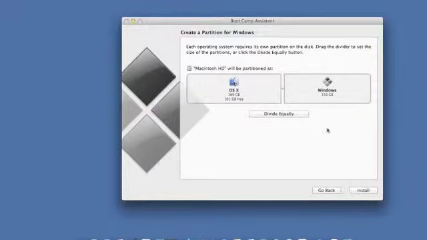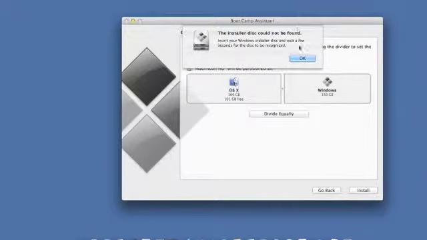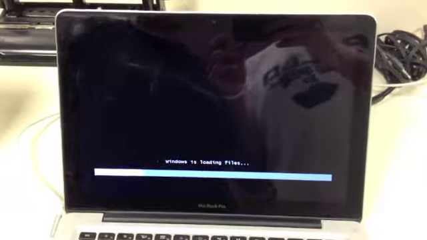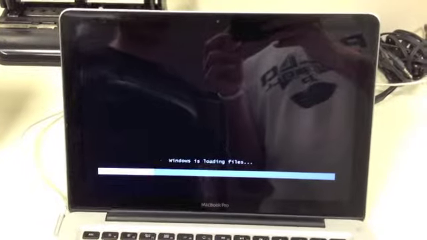And then once that's done, you're going to get your Windows 7 installer disk and put that in your disk drive. And once you have inserted the disk into your disk drive, you're going to press the install key, and it will start to partition your hard drive and install the software on the newly partitioned space. All right, and after it's done partitioning the hard drive,